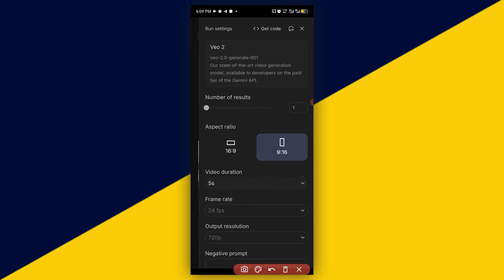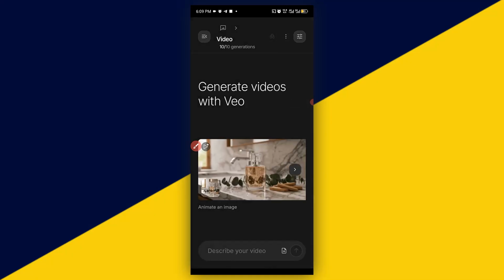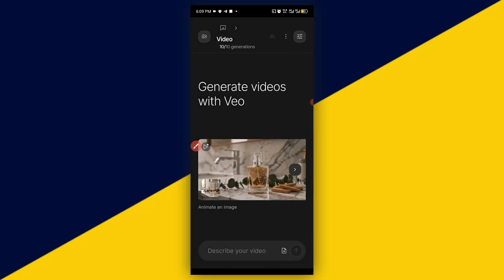Then the number of results you want, enter it right here. But in this tutorial, I'm using just one video per generation, and our state-of-the-art video generation model is available to developers on the paid tier of the Gemini API. So close here. Now we have set all our